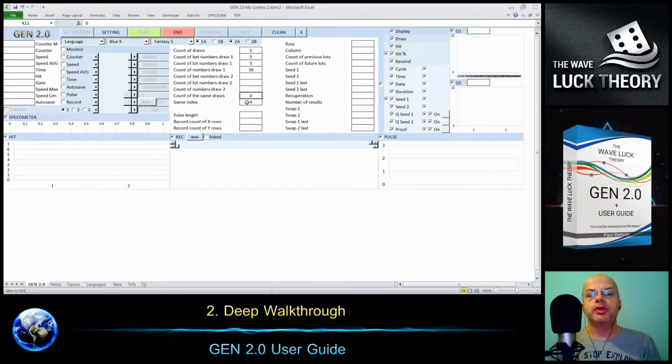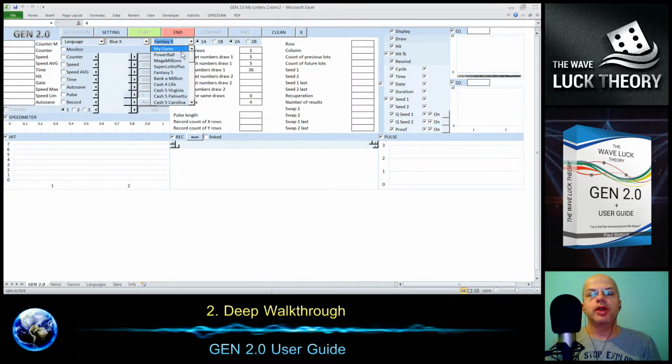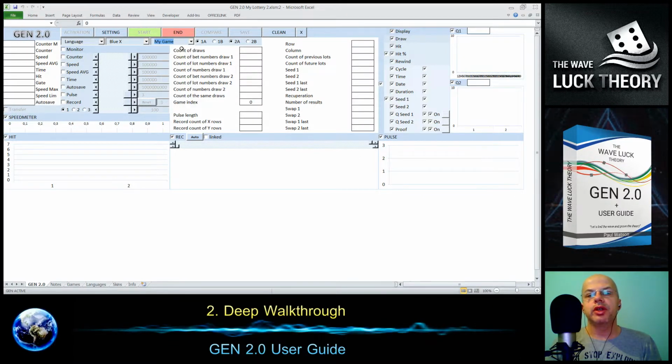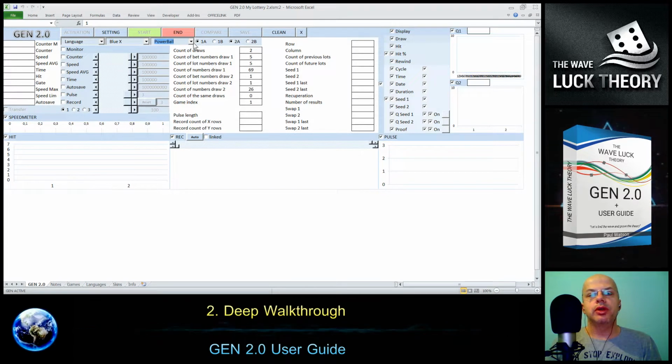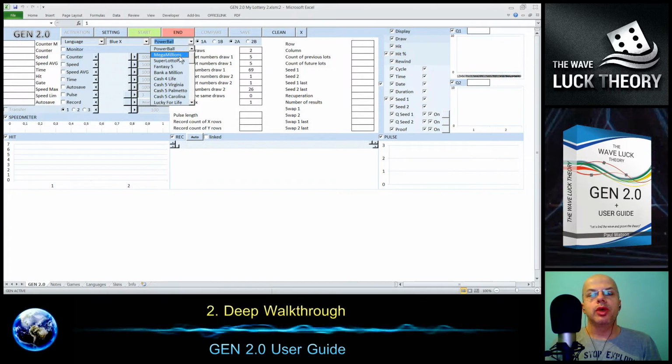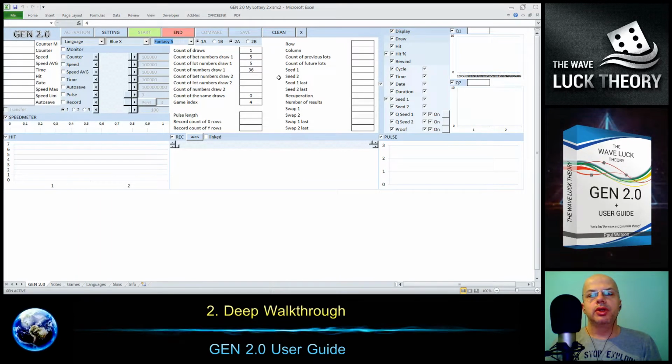And finally we have the game index. This is the number of the lottery, as we have number 4 and we are starting with number 1 here, and this is number 0, my game, where we can create our preset at first, because if I select my game, then it's empty and it has just the index 0. So Powerball has index 1 and so on, 1, 2, 3, 4. So that is the lottery with one draw.